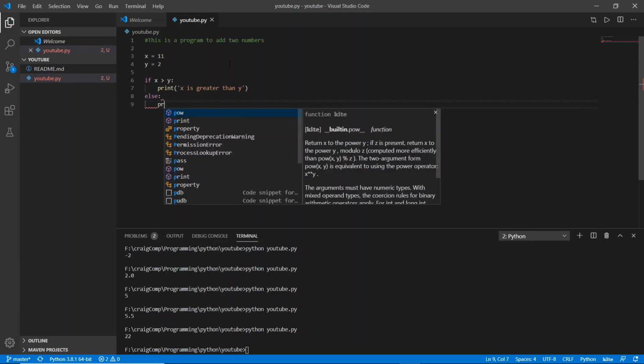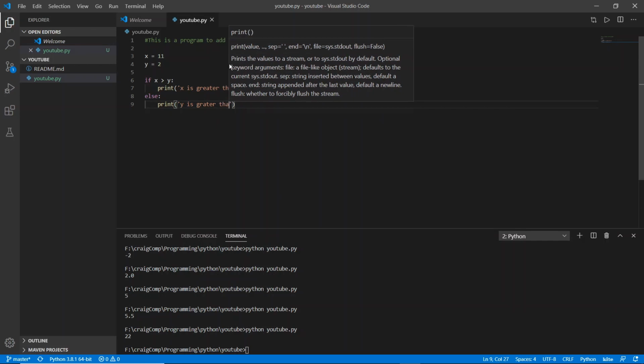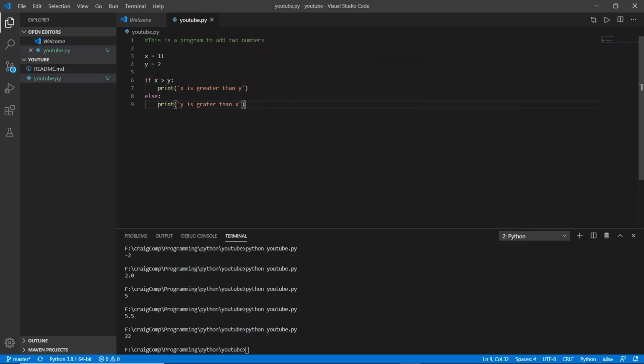So we could print, the only other possibility would be y is greater than x. And yeah, so currently x is greater than y. So according to my intuition, this should print out x is greater than y. Yeah, as I said. And if you were to change the values, basically make this lower, 3, and this maybe 16,